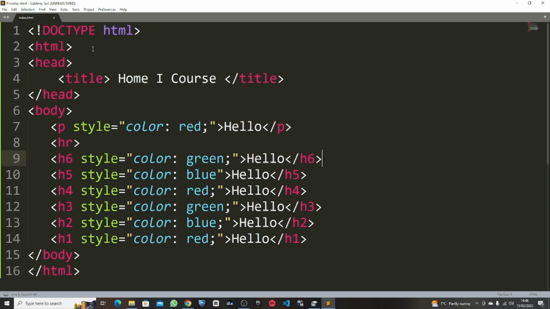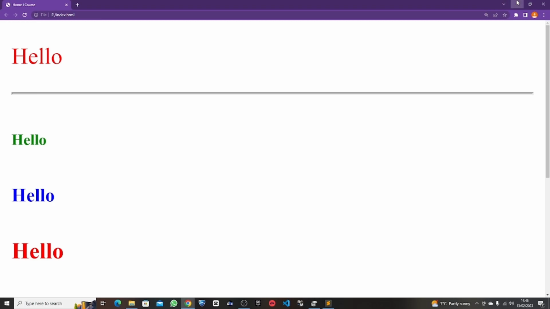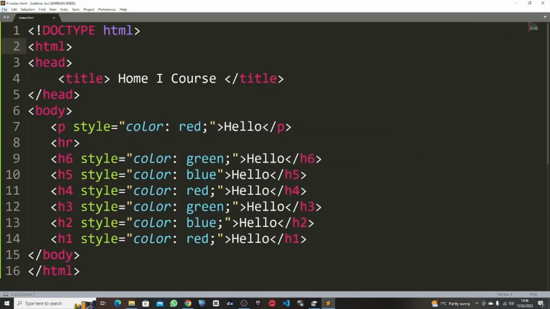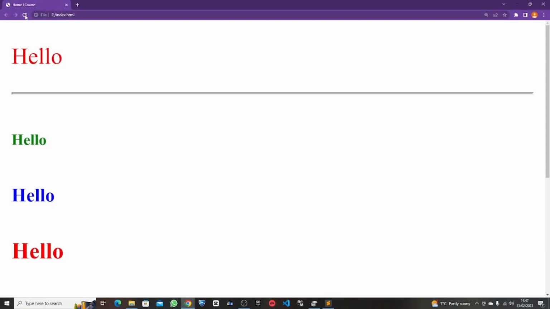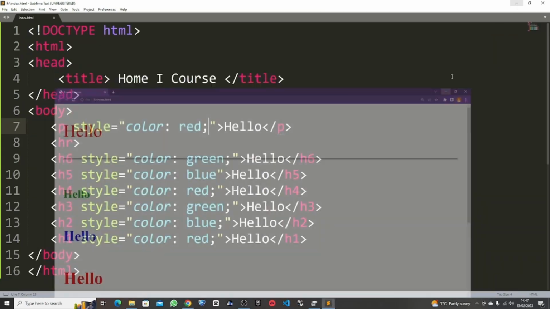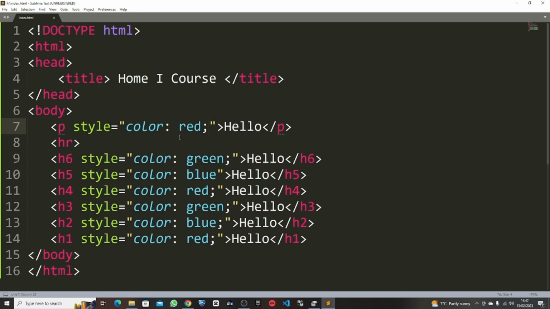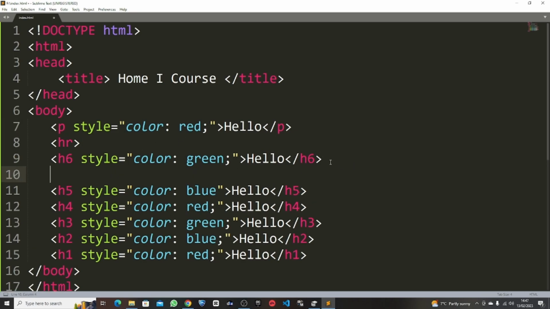You have to save it each time you refresh it. So each time you make an edit, press Ctrl S or File and then Save, and then refresh your Chrome page. So we're going to put HR here, and we're going to put it in between each